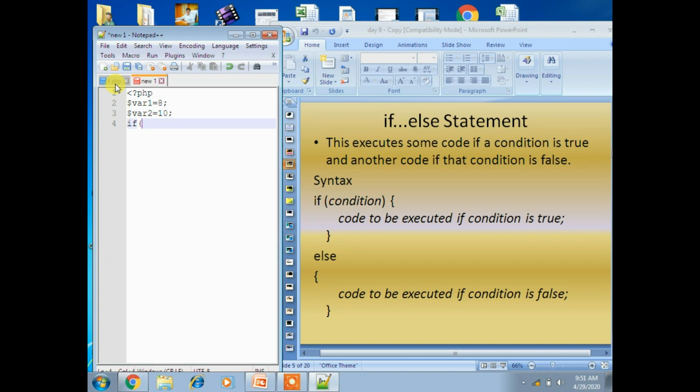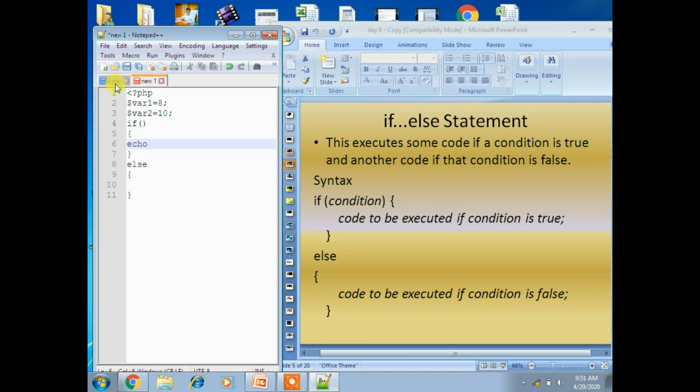The condition I will specify later, but meanwhile we have to write the syntactical part. So else also will have curly braces. So like this you have to write, right? In between these curly braces you have to place echo statements.